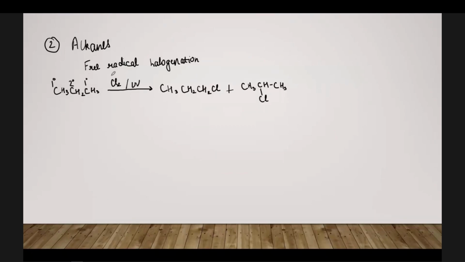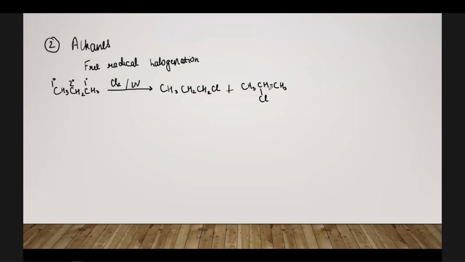ठीक है, so whenever this chlorine gets attached, like whenever halogenation takes place, there are two places for that chlorine radical to get attached. Either it can get attached to this 1 degree carbon, or it can get attached to the 2 degree carbon. So there are two types of products formed over here, as you can see. ठीक है, यहाँ पे 1 degree से अटैच्ड है पहले वाले में, और दूसरे वाले में 2nd degree से अटैच्ड है क्लोरीन. But see, this is only a small molecule which is propane.